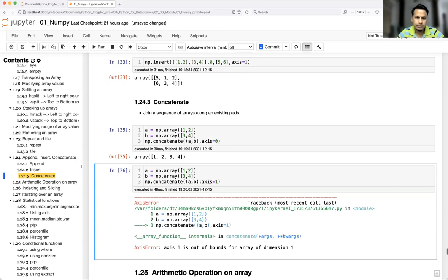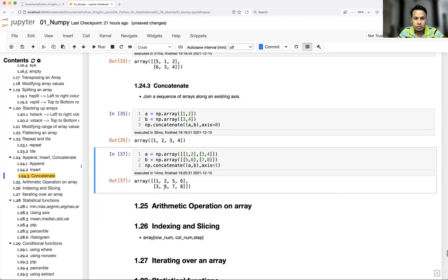Okay, so let's make this two dimensional. 1, 2, 3, 4, and then 5, 6 and 7, 8. You see here, 1, 2, 3, 4: this was the first row, this was the second row.